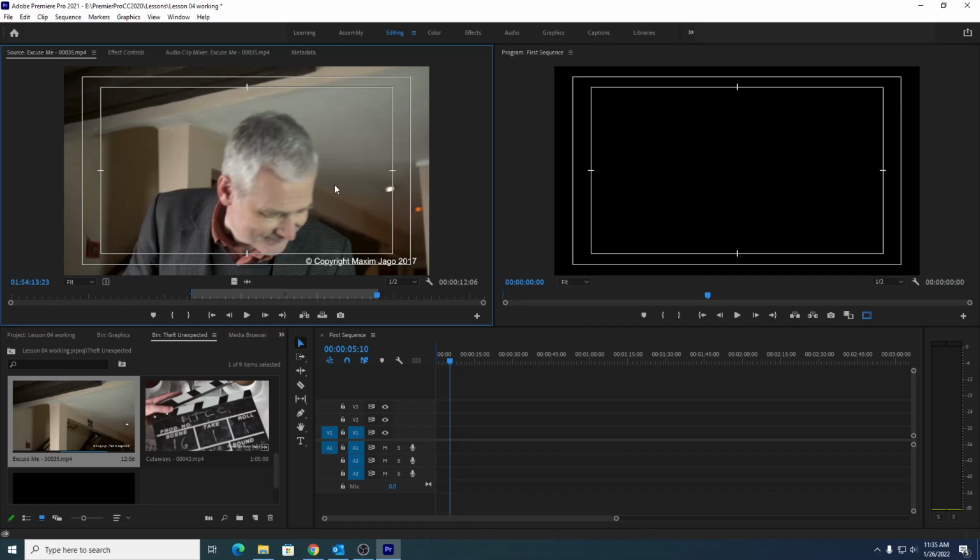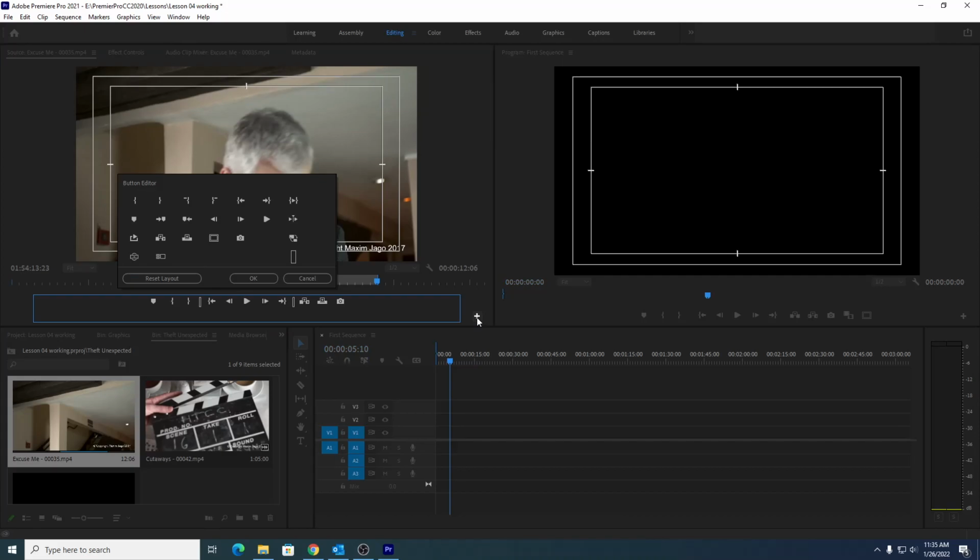The book is also wanting us to add a button. So these are all different buttons in your source panel. And if you come over to this plus symbol, you can go into your button editor and add one. It wants us to add